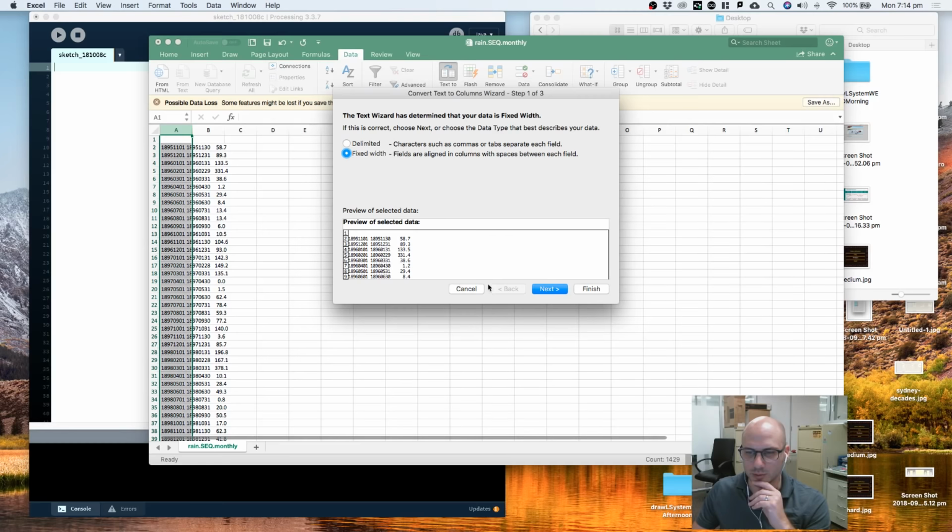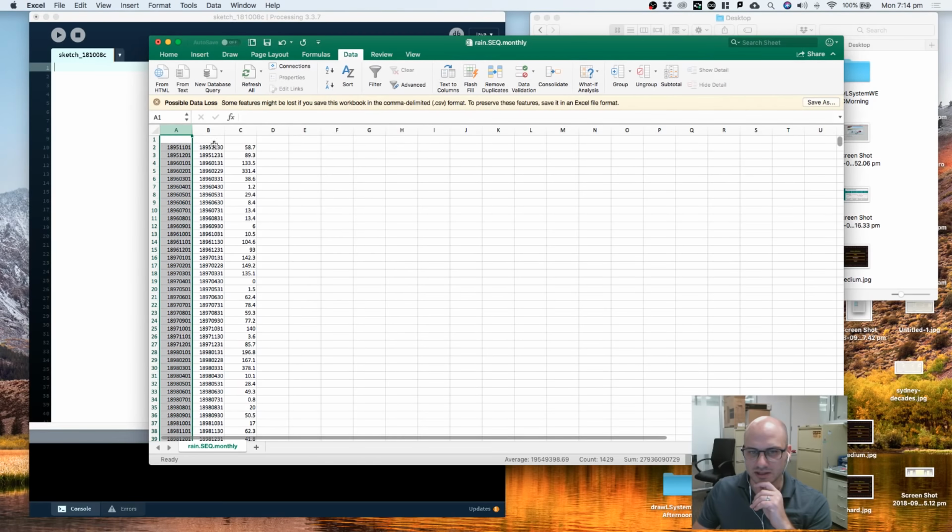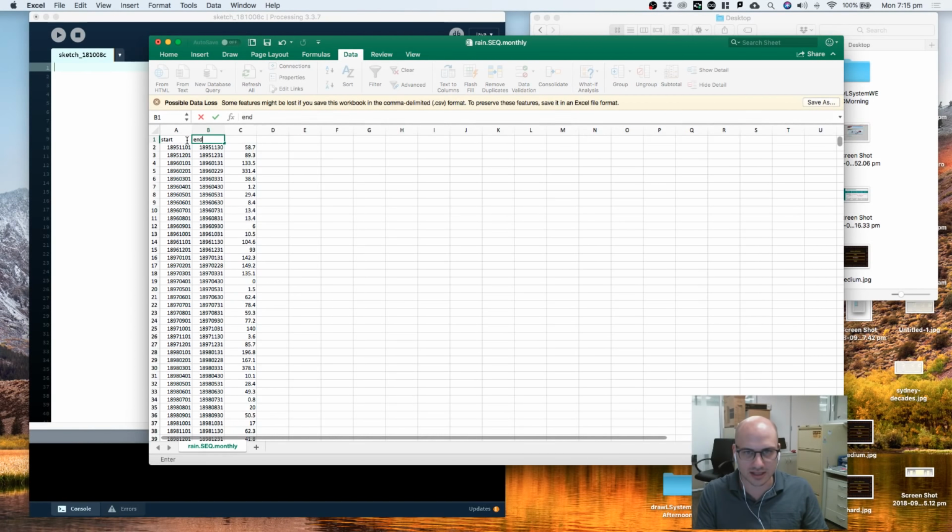But fixed width will work because it will go to the left of this day and to the left of this date, and then the rest of it will be in the final column here, and this will get rid of all that white space. So I'm just going to press finish because those lines are there and they look nice, and it's split it into 3 columns, and so I can have a header up the top here. So this is something that's descriptive, something that's easy to type. So I'm going to put start for that date, I'm going to put end for that date, and this is our